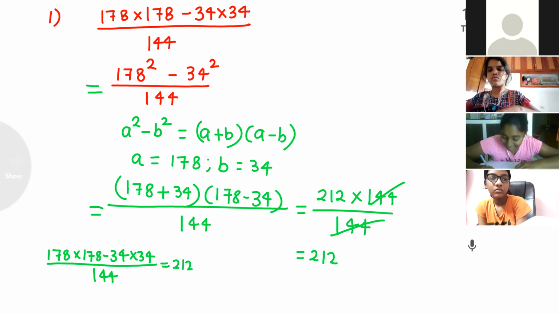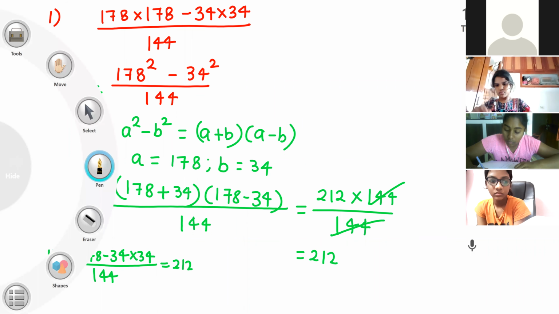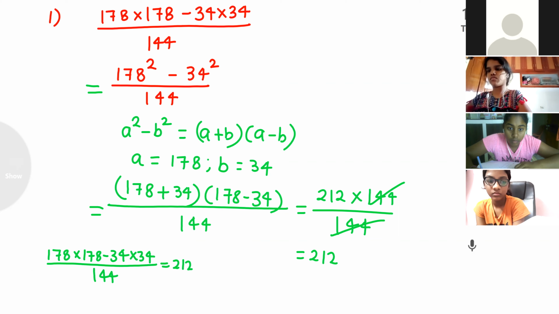Example 2. Final answer, students, you have to write 178 into 178 minus 34 into 34 divided by 144, it is equal to 212. This final answer we have to write with the help of black pen. Therefore,